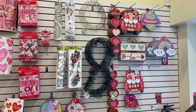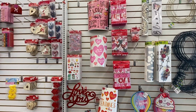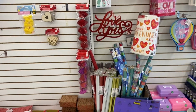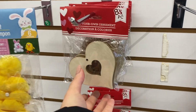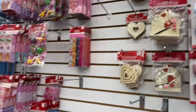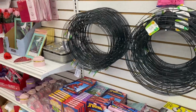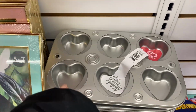I will say that some stores in my area are really well stocked, and then this one here, I don't know if things have sold really fast with my in-between visits, or they're just not as well stocked. They do have these replenished because they were sold out for a couple days. I almost didn't have anything to film to share with you here because they just didn't have things on their shelves. So, they have some of the heart tin baking tray,